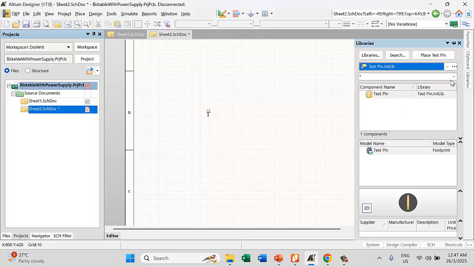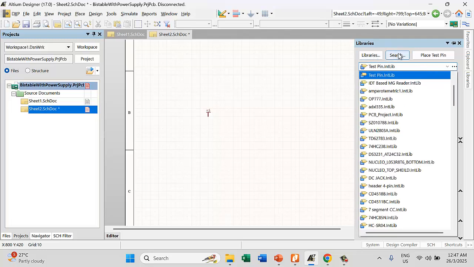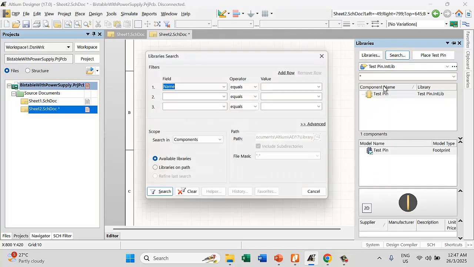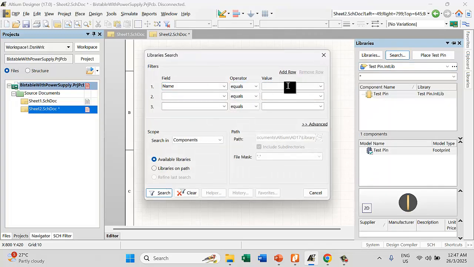I don't know, I can see it. You can find it by search, the resistor. Okay. So name equal to,